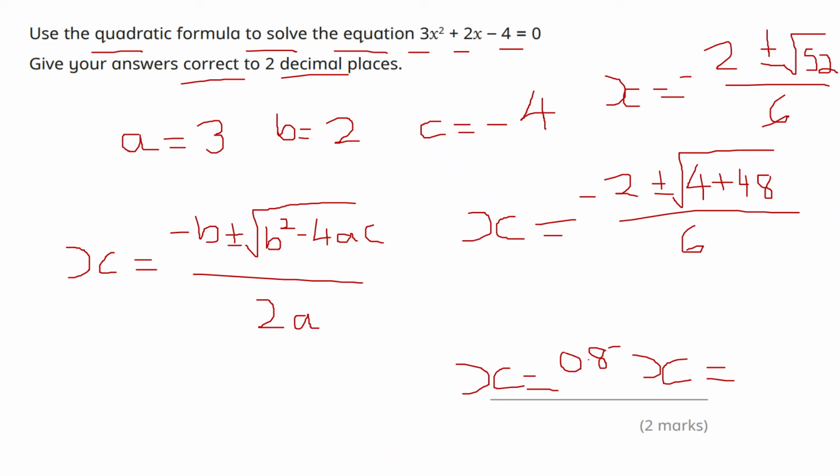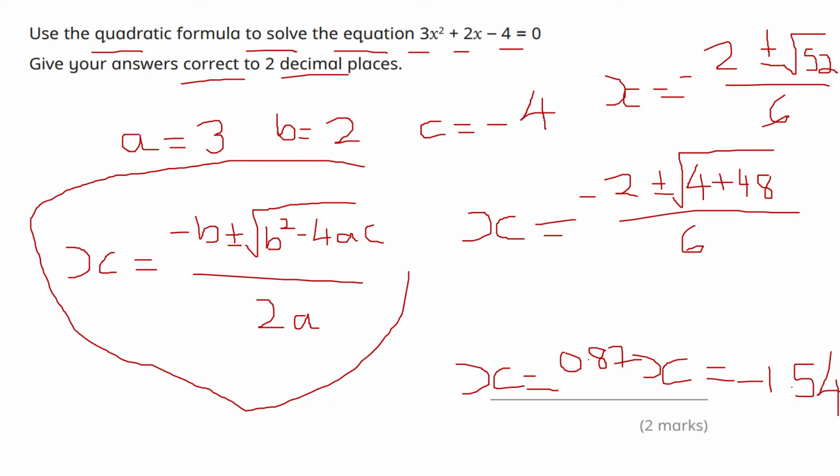Okay, and then lastly, change that plus to a minus. Format, press decimal. Okay, and I'm going to get minus 1.54 to 2 decimal places. Okay, that's how we solve the quadratic equation using this formula here, which is a higher tier topic only,